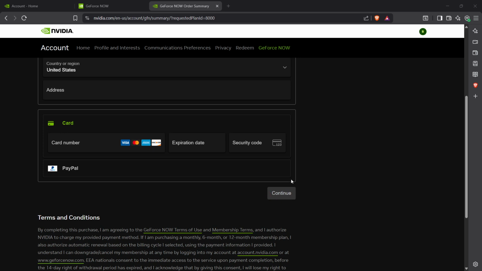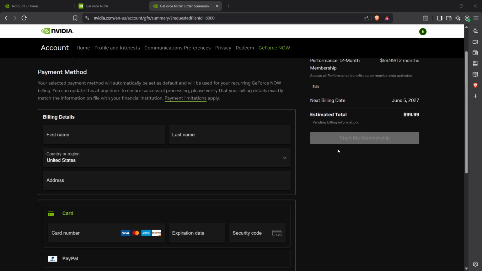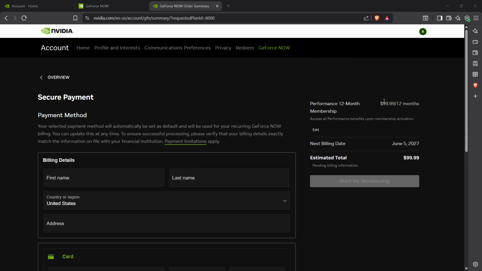In most cases, your new membership takes effect immediately, so you should be able to start using the upgraded benefits right away. One important thing to keep in mind is that if you already have a paid membership, any unused balance is typically prorated and applied toward your upgraded plan. That means you usually won't lose the remaining value of your current subscription when moving to a higher tier.